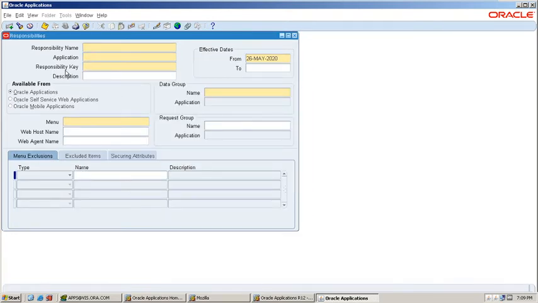Responsibility key is the short name of the responsibility name. The next column is the description. In the description field we need to enter a meaningful description of the responsibility.